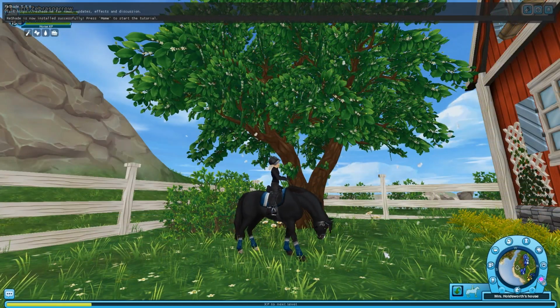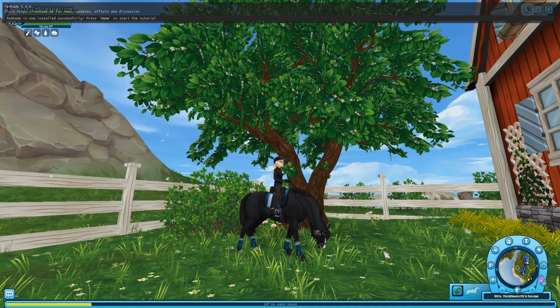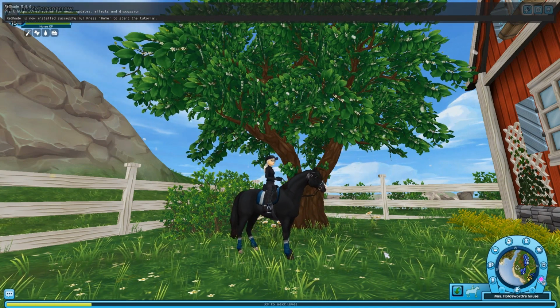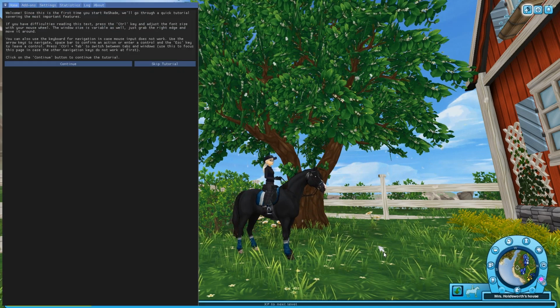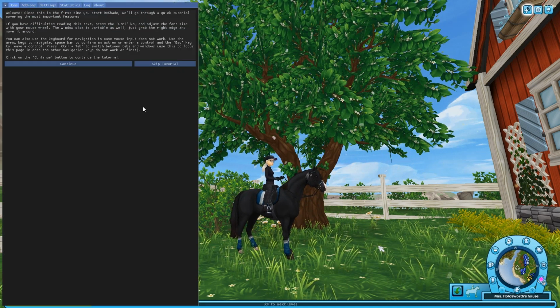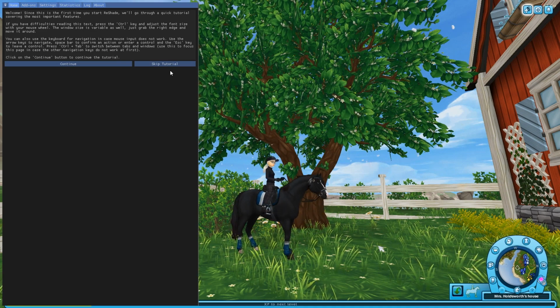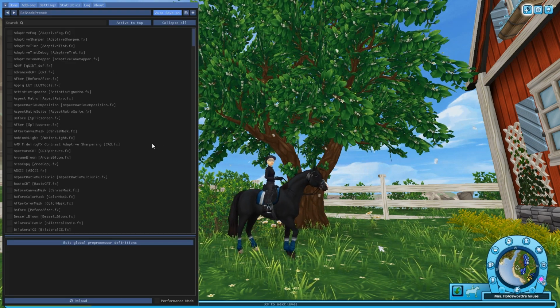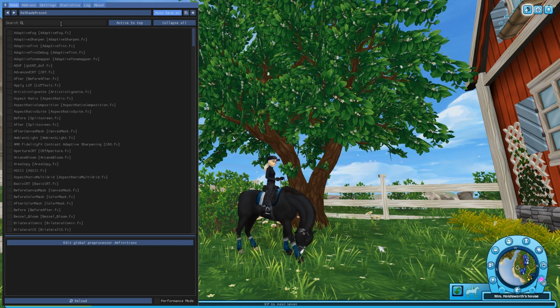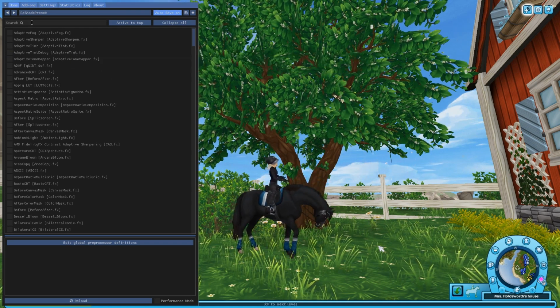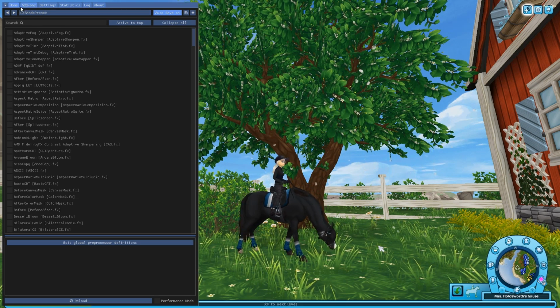Now, if you've installed Reshade correctly, this bar up top will show up where it says press Home to start the tutorial, so press Home and you open Reshade. I do recommend, if you haven't used Reshade before, that you look through this tutorial, but I'm just going to skip it. Now, as is, Reshade probably won't work. I'll start with go to Add-ons,